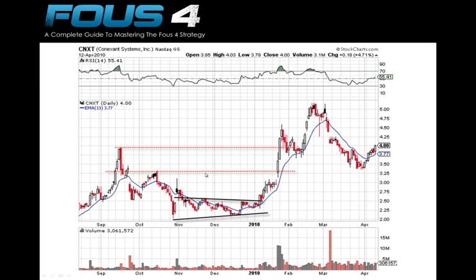Same thing here, CNXT, lead-in trend, short-term trend here is bearish. Now we have this kind of wedge pattern formed here with this three-phase breakout consolidation, and as soon as this broke above the resistance level, we got a decent little spike in volume here, but volume didn't really pick up until here. But if you buy here, you could ride the 13 EMA all the way up here,